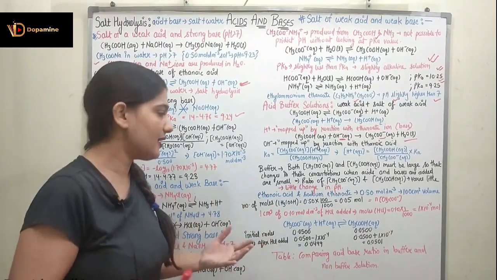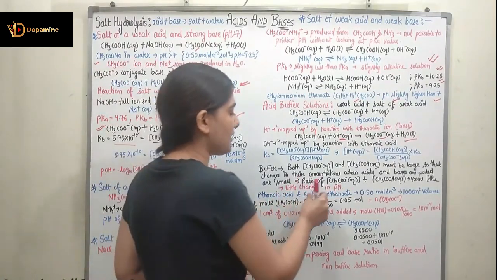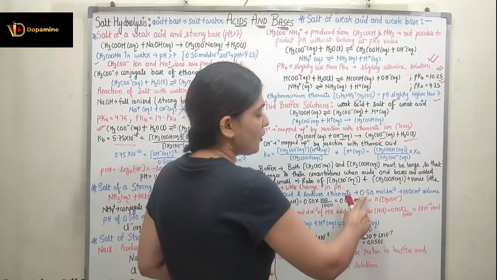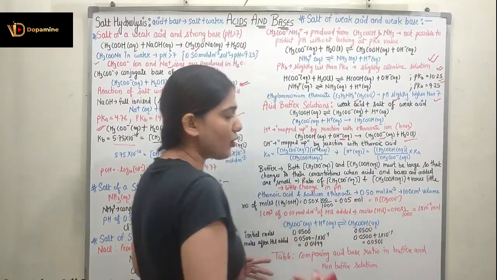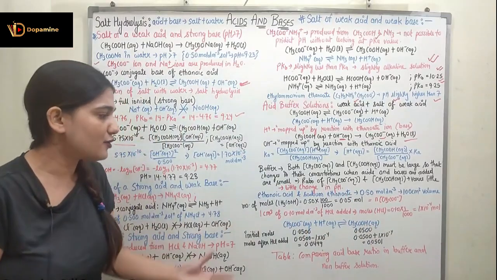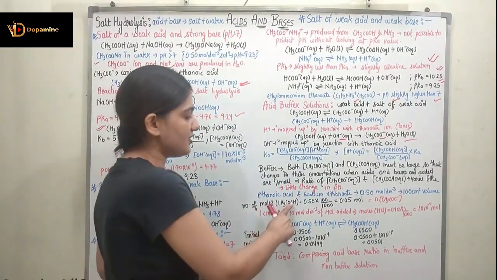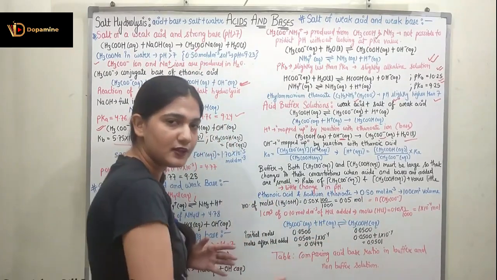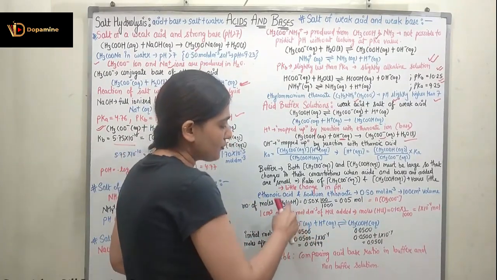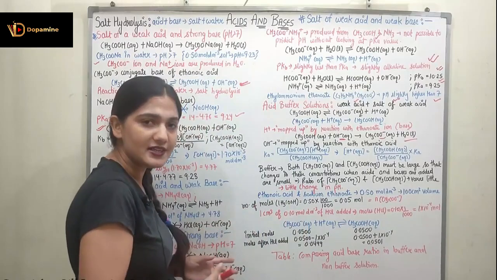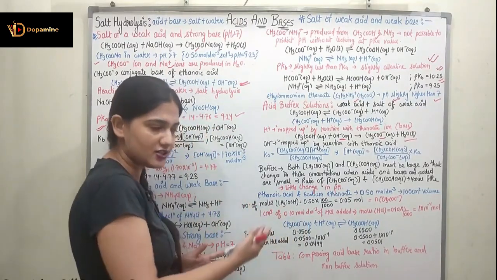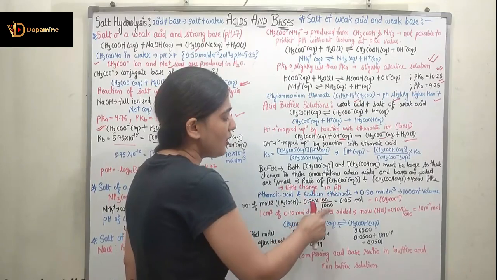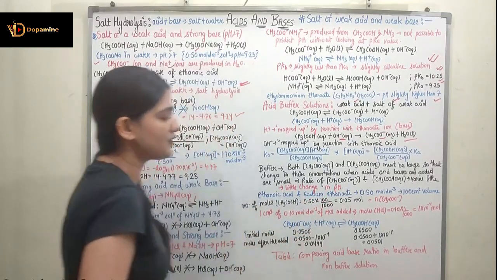The pH appears to be constant. So for ethanoic acid and sodium ethanoate, suppose I have taken their concentration to be 0.5 mole per decimeter cube and the volume to be 100 centimeter cube. Let's observe it. The number of moles of CH3COOH is equal to the number of moles of CH3COO negative. We find it by multiplying the concentration and the volume. Concentration is 0.5 and the volume is 100 centimeter cube, so 100 by 1000, which gives 0.05 mole.